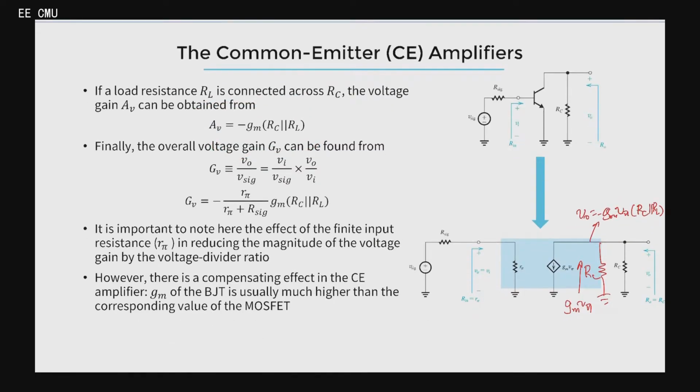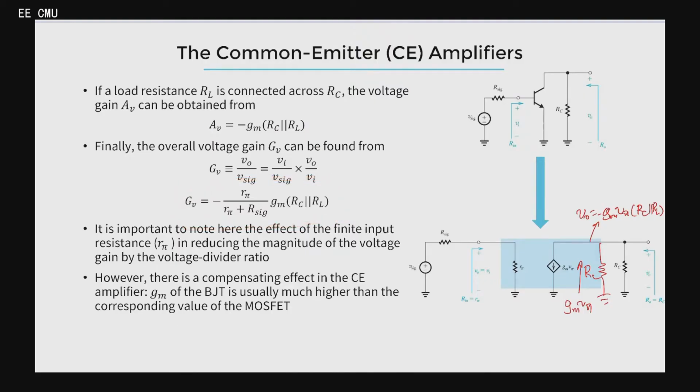And what about the overall voltage gain from V signal all the way to V output here? We can write it like this, divided into two zones, right? The first zone is right here, isn't it? By zone, I mean the ratio. Vi over V signal is this zone here, the voltage drop across the input. And after that, you will see that the voltage also drops across this section here as well. We are looking at the ratio of V output over Vi, which is exactly this term right here. So if you follow the steps, you will arrive at the final value, which looks something like this.